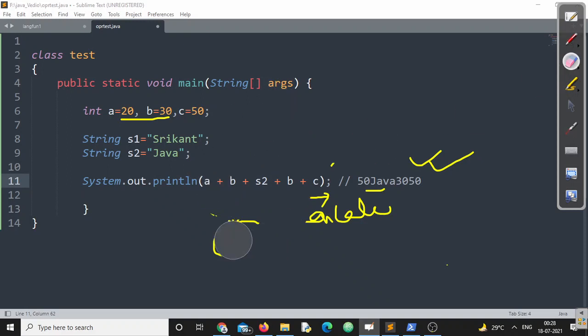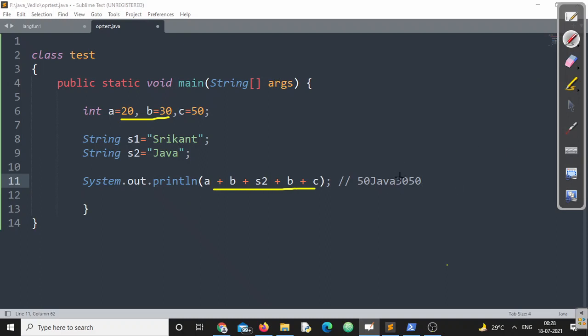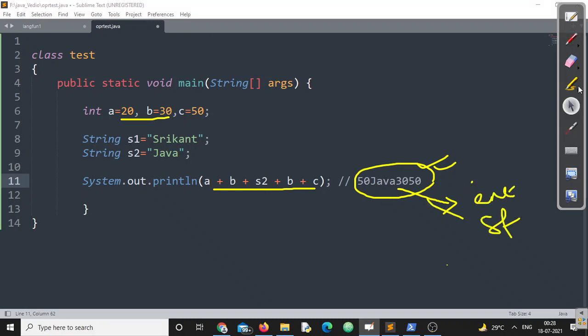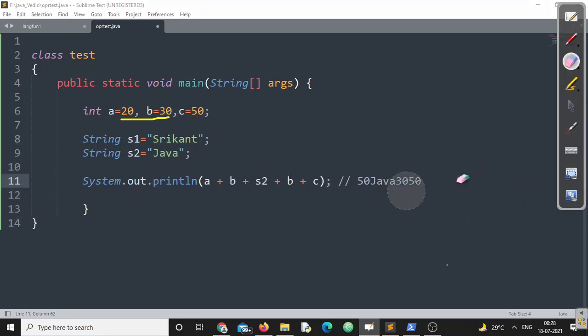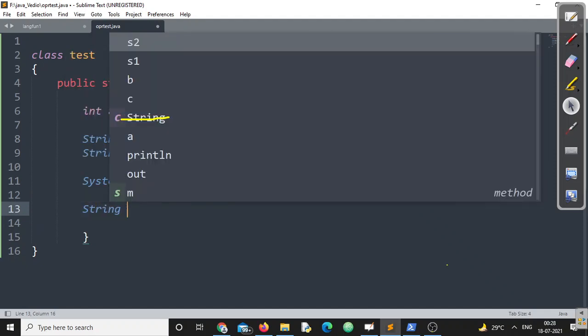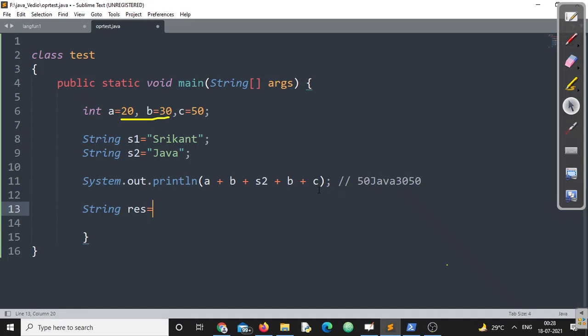But if I ask you what the data type of this output will be, can anybody tell me? In System.out.println, fine, we are getting this output. What is the data type of the output? Will it be an integer? Will it be a string? Yes, you are right. It cannot be an integer, because an integer can only store numeric values. If I write result equals all this, could I store this value? Right or wrong? Confused? No.